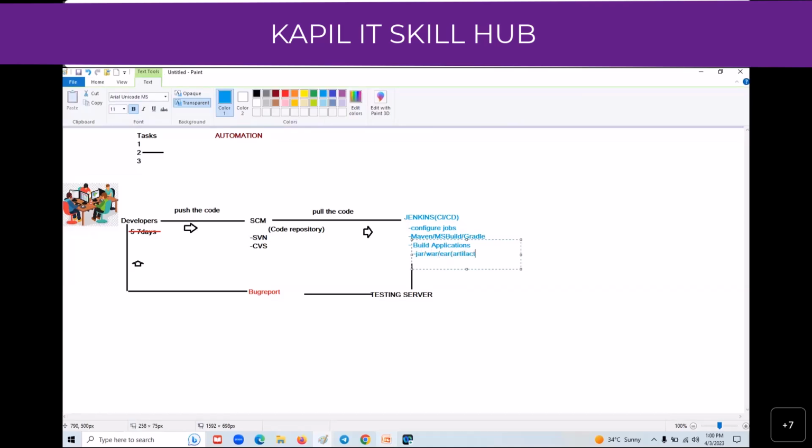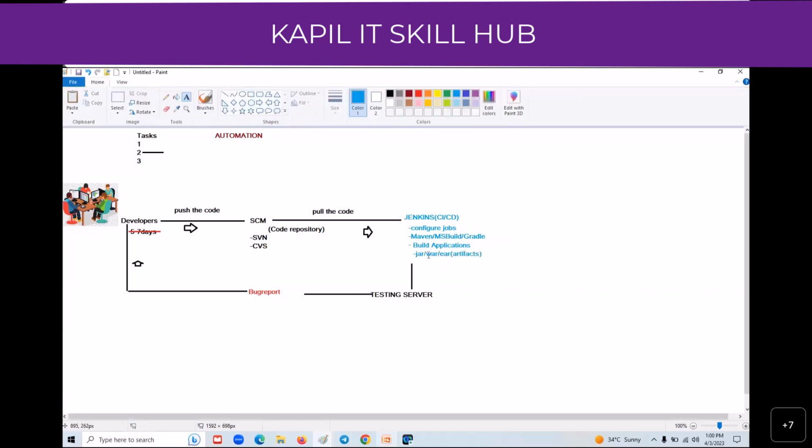We call these artifacts. JAR files mean Java archives, WAR files mean web archives, and EAR files mean enterprise archive files. These are executable files. We then deploy the application into the relevant production servers.